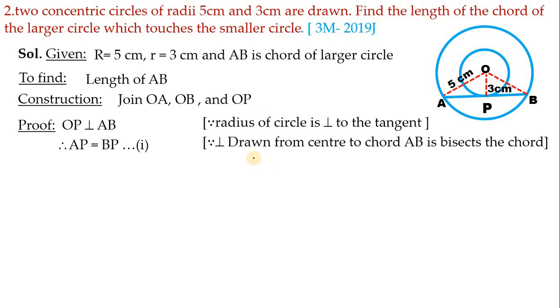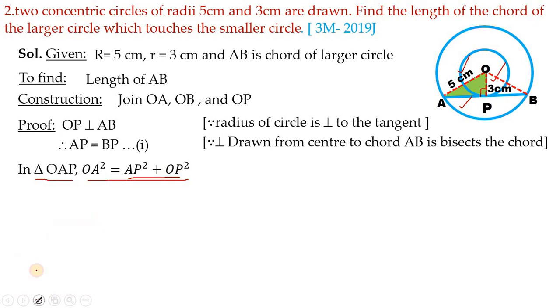So next, you have to take this triangle, triangle OAP. Triangle OAP is a right angle triangle. Just look at the figure, this triangle which I shaded in green color. And this is a right angle triangle. Hence, we can apply the Pythagoras concept. That is, OA square equals AP square plus OP square. OA is the hypotenuse here because it is the side opposite to the 90 degrees. So its square equals the sum of squares of the other two sides. The other two sides are AP and OP. Hence, AP square plus OP square.